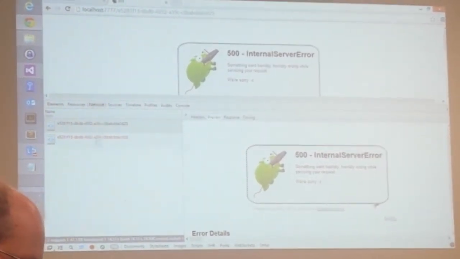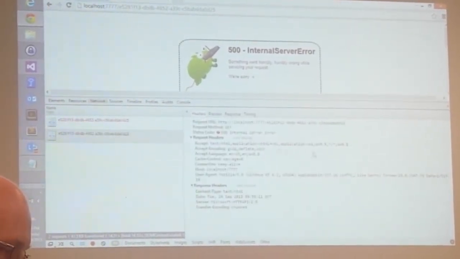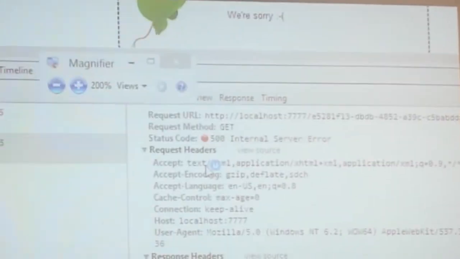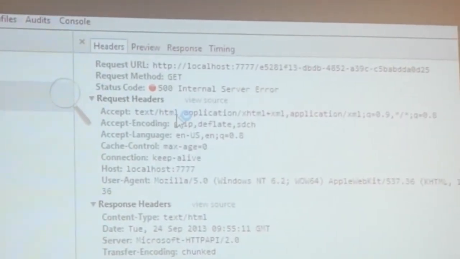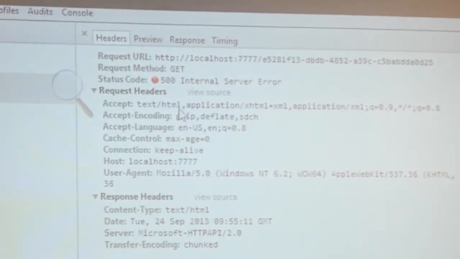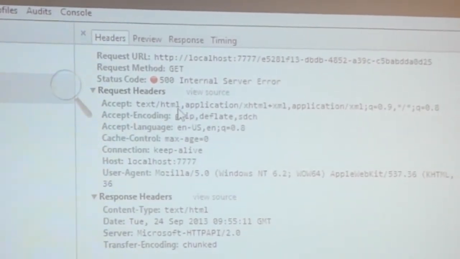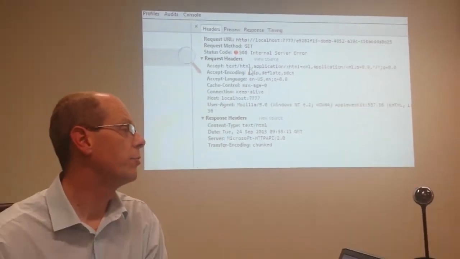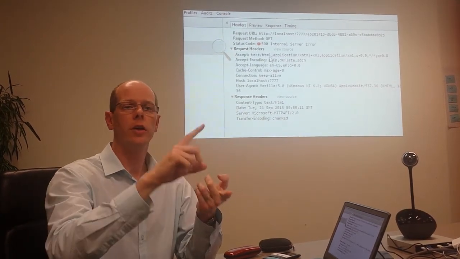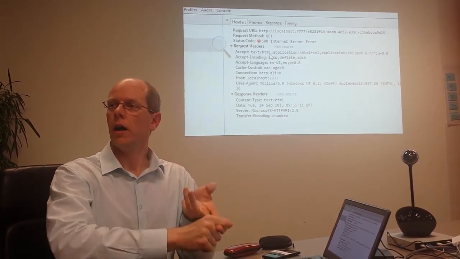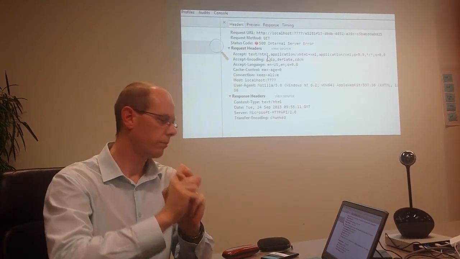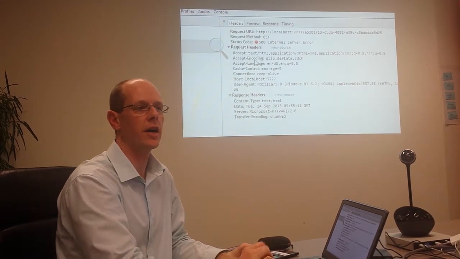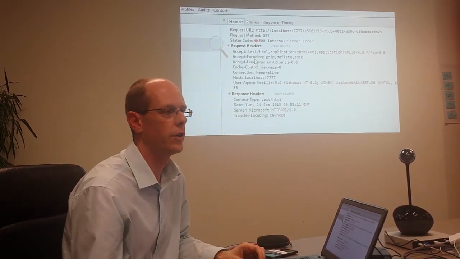Because all I did was give me a thing. If I look at my request here and look at my headers, what's it asked for? Text HTML. Okay? I don't have a view for it, so it doesn't know what to do. It's trying to find the view, it's having troubles finding it, so it then spits the dump. Because our API doesn't support that at the moment. We only support, given what I've coded, JSON and XML. It's asking for XML. Yeah, but because it can respond to HTML, it's trying to find the view. I need to actually turn that off explicitly. So I need to exclude that.